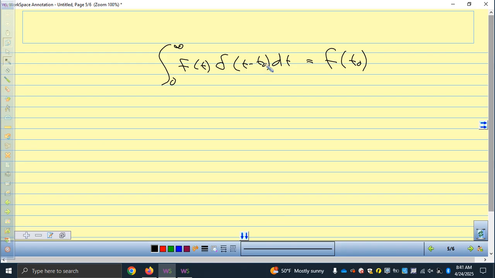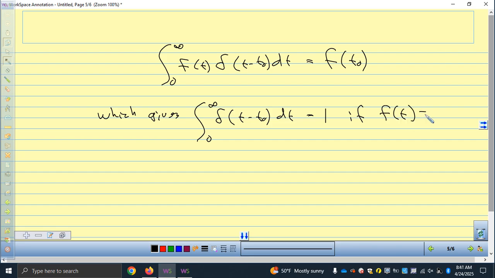The function such that this integral equals f of t0, which gives the integral from 0 to infinity of the Dirac delta function of t minus t0 dt equals 1 if f of t equals 1,